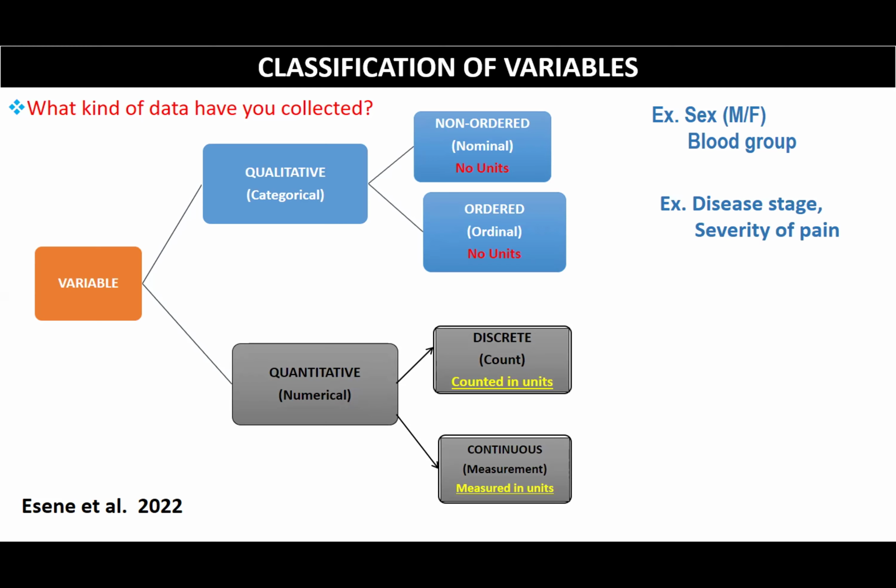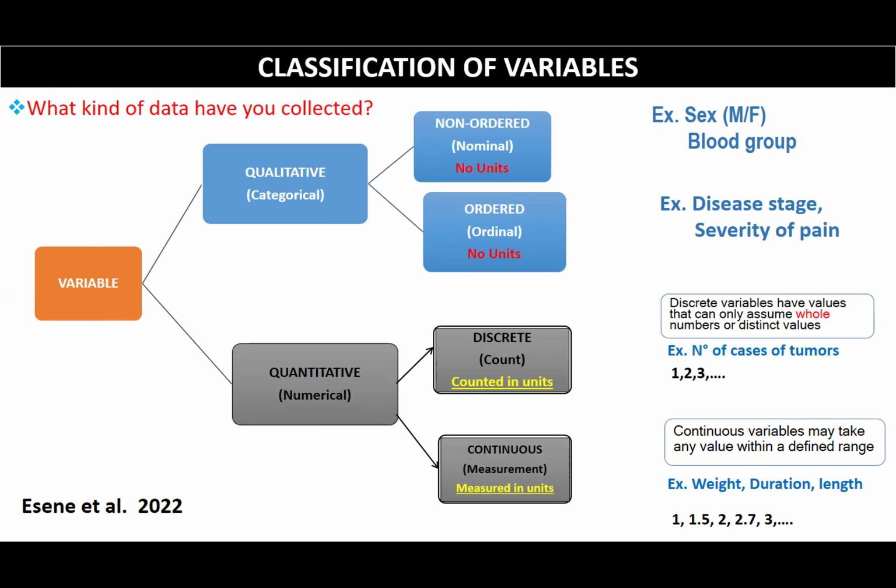This is very important because the statistics we can do depend on the kind of variables which we've measured, okay? When our data is limited to nominal data, we can measure just the mode. But if it is ordered, we can measure just the mode and the median. When we go to the higher level now, which is the numerical variables or the quantitative variables, it can be discrete or counts, for example, the number of cases of brain tumor. It can be continuous variables, for example, the weight, duration of surgery, length of hospital stay.